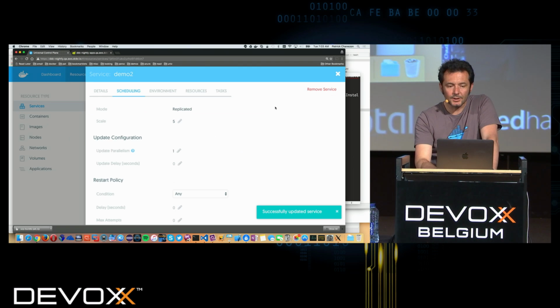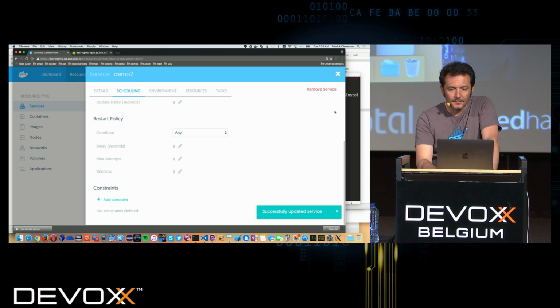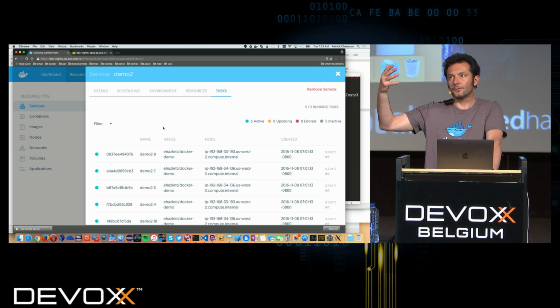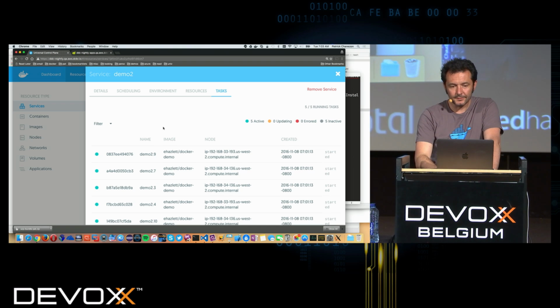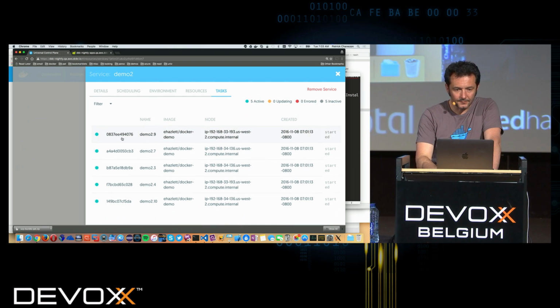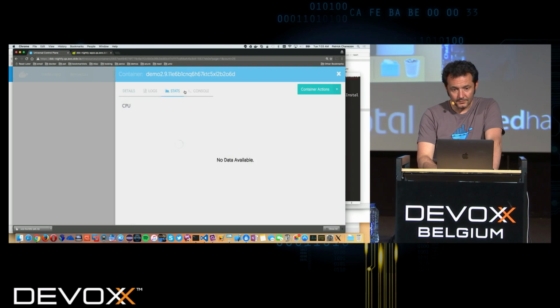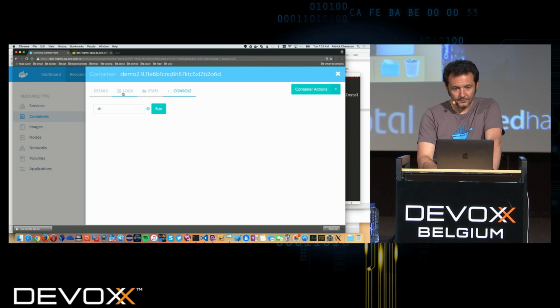So I can change any of the arguments of the service, and I can look at the tasks that have been generated. Tasks for a service are the number of containers that correspond to this service. So now I have only 5, and for each of them I can have a console on them, or I can look at the logs if they were available.